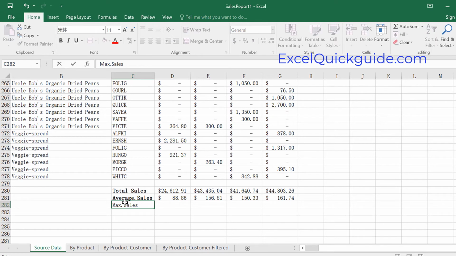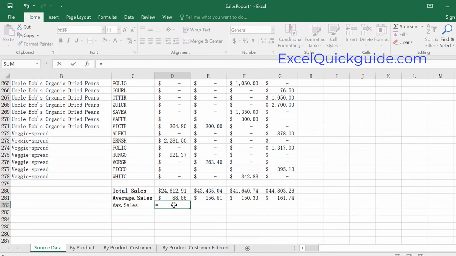In other words, I would like to know which customer has spent the maximum amount. In this case, we wouldn't be able to know the customer's name, but in Excel we can do that using the formula options. But what I would do here is I would just want to know the amount that has been spent. So for that, just enter maximum sales there, go to the cell, place an equal to sign and